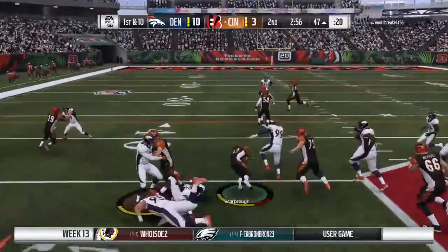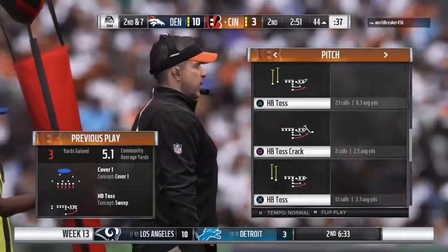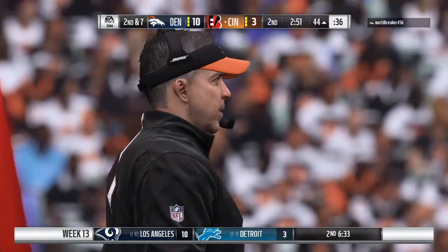Now a toss play. This is Scarborough. The All-Pro Von Miller there on the tackle. One thing to keep in mind, partner, especially in the second half, when